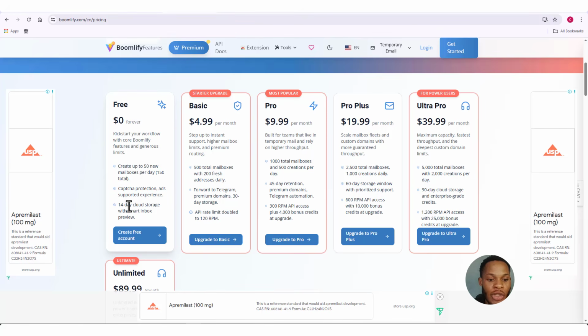And look at those guys, you're going to be having access to a 14-day cloud storage. It means that your emails, your OTPs, your sign-ups, everything that you're getting can be live on the platform for 14 days, meaning only you get to see it, only you get to have access to it for 14 good days. Now this is much more longer and much more duration wise than every other temporary email address I've found, and that is why I'm happy to share this with you guys. So you don't have to worry if your email is going to be deleted after 30 seconds. No, you can have your emails, your OTPs, your links and everything stored up for you for as long as